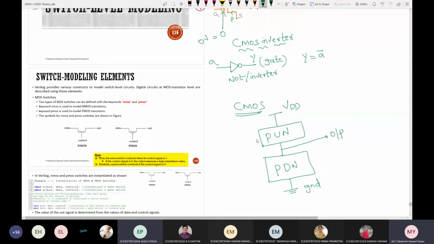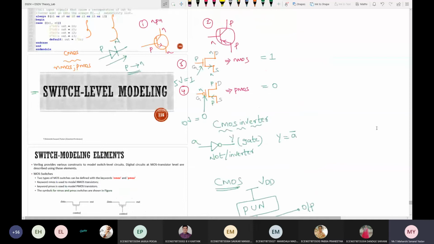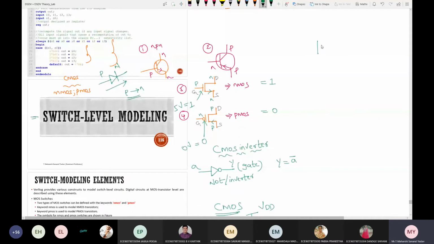Okay, remember this particular concept. In the pull down network and pull up network, at the top it should be VDD, and at the bottom it should be ground. And one more concept I've already told you for NMOS. For NMOS, should the source always be connected to ground or supply? Ground.